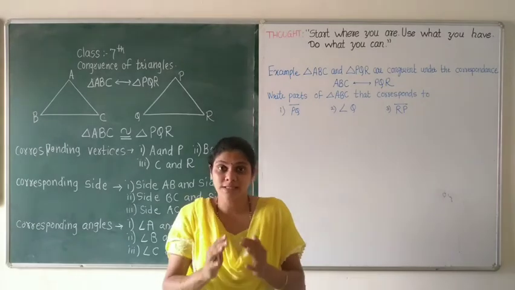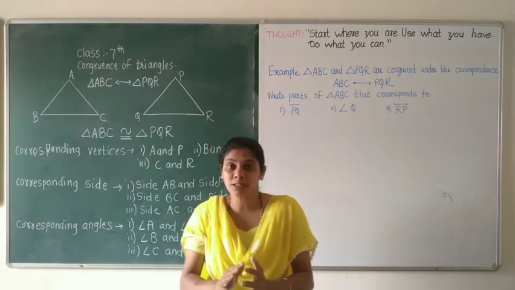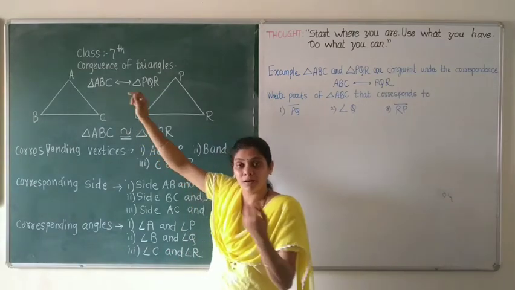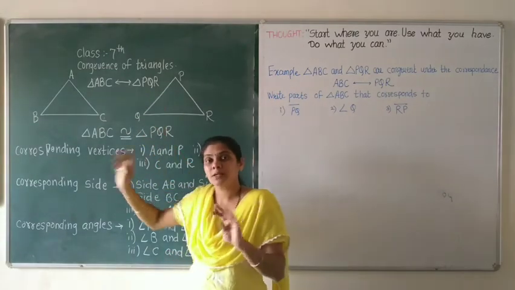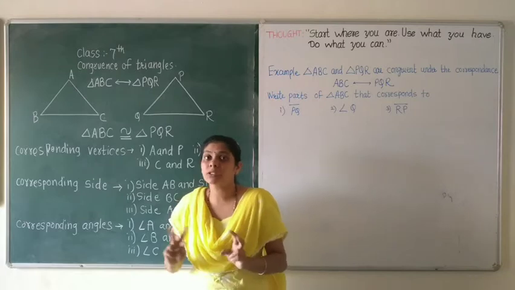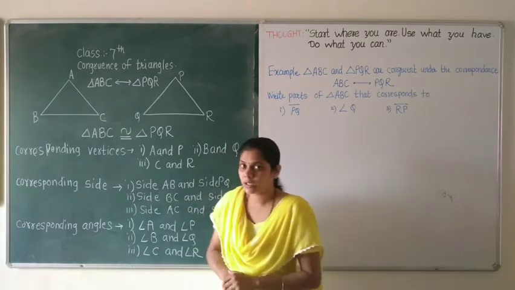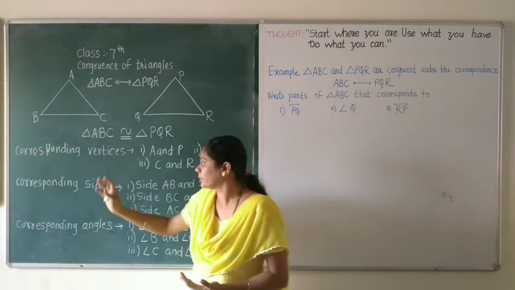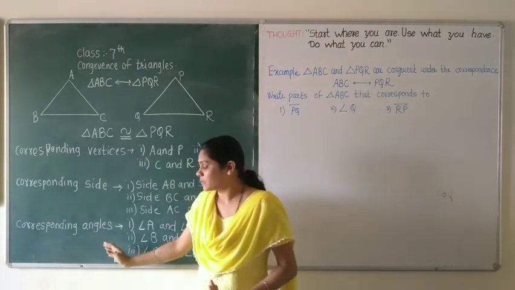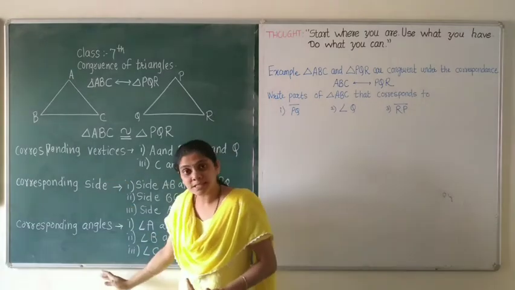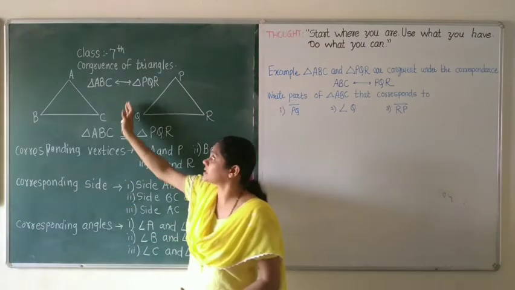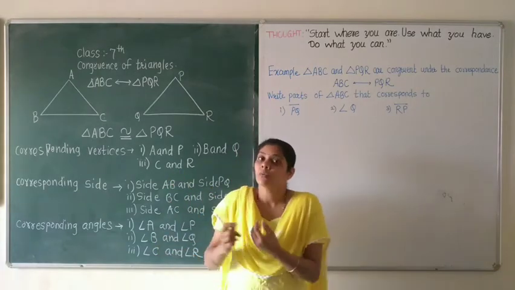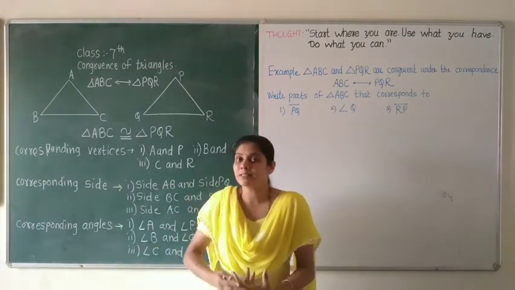And what is the symbol for writing the correspondence? That is the arrow, which has angle shapes on both sides, on both sides of the segment. So like this we can write their corresponding vertices, corresponding sides, corresponding angles, and by using this information we can write the corresponding triangles. With the help of this information we have to solve many examples in the exercise.